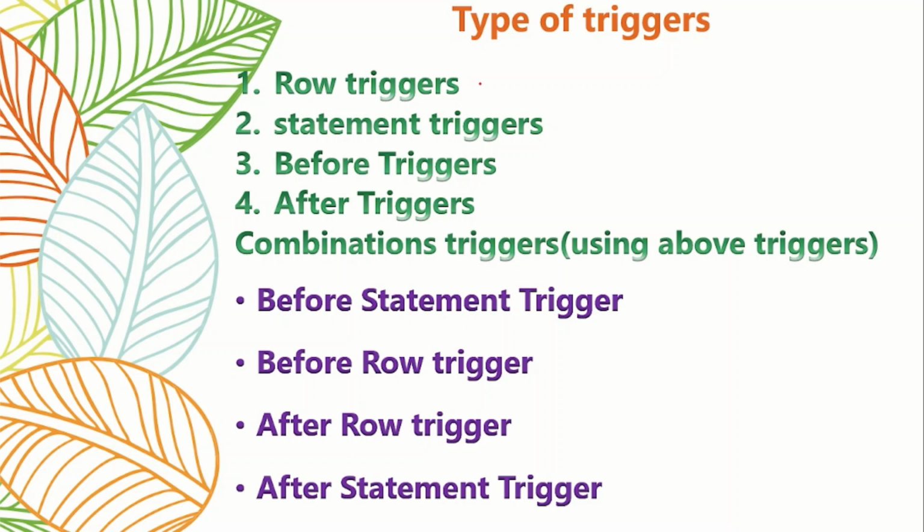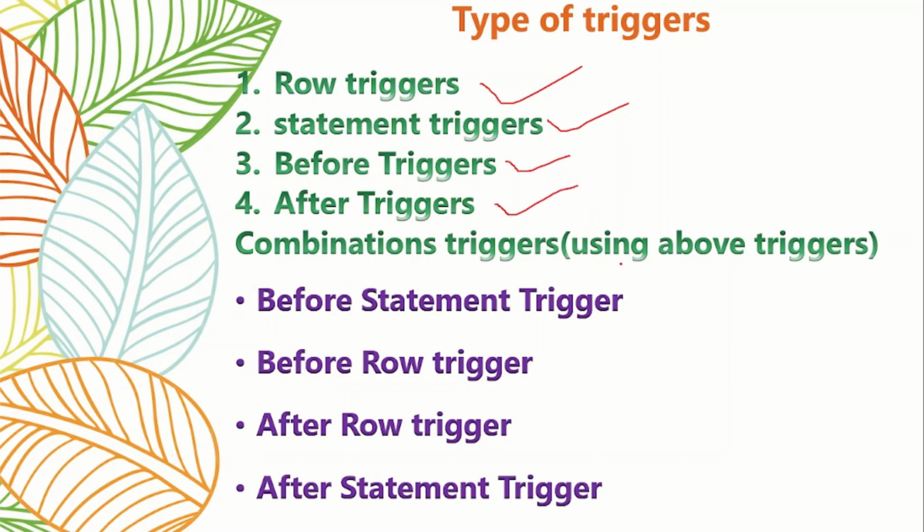Now comes the types of trigger. I have already said row trigger. It will act row wise. Suppose I am going to delete 10 records on a condition, and if it is a row trigger, it will be fired 10 times. But if the deletion condition is deleting only 2 records, then it will be fired twice only. A statement trigger is not associated with the number of records affected. It fires only once. A before trigger fires before the triggering event, and an after trigger fires after the triggering event.